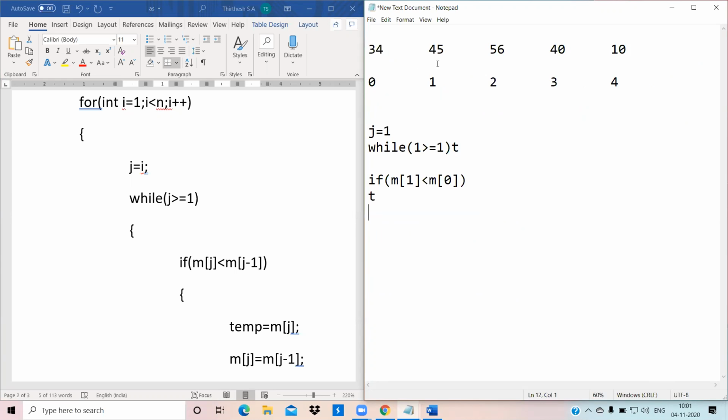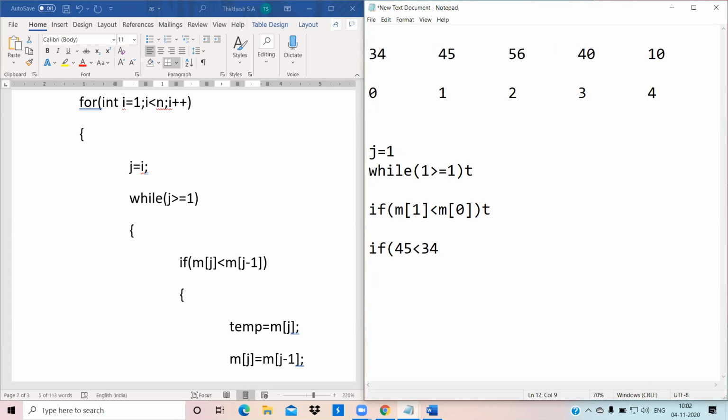Here it checks the values. In m of 1 the value is 45 and in m of 0 we have 34. It checks if 45 is less than 34. 45 is less than 34? No, it is false.